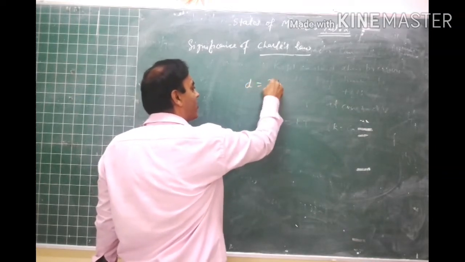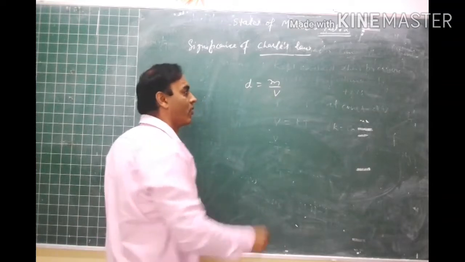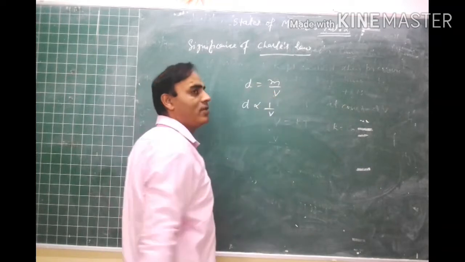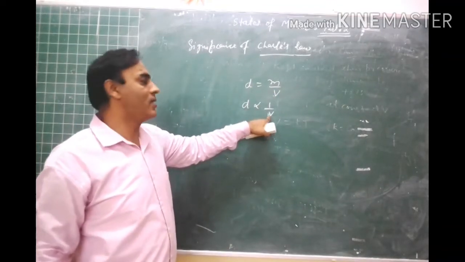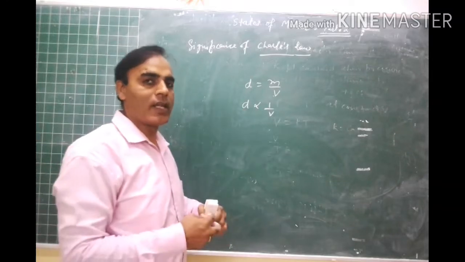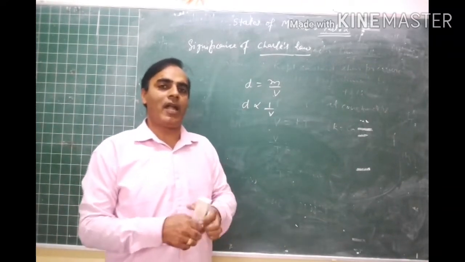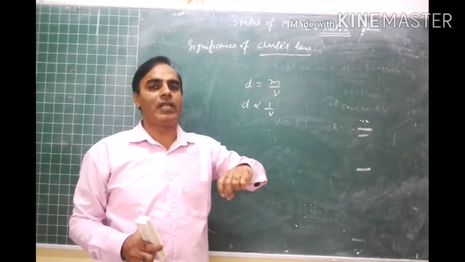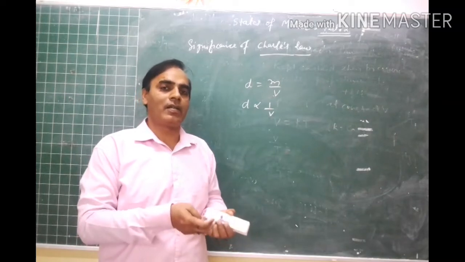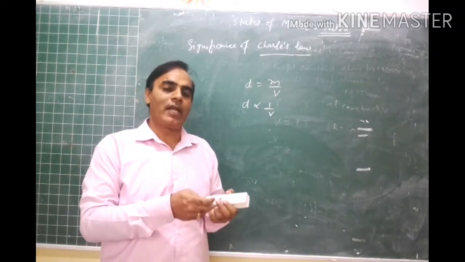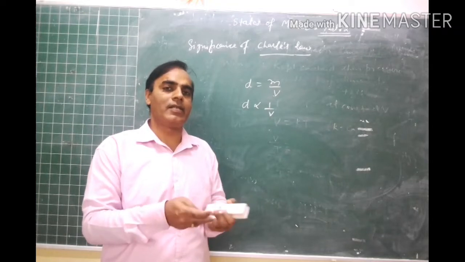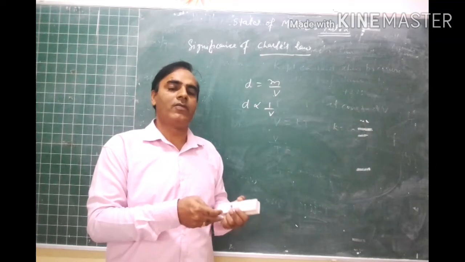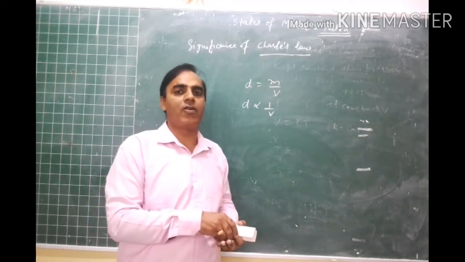And we know that density is equal to m upon v, or we can say that density is inversely proportional to volume. So if the volume increases, then density decreases. So when air is heated, its density decreases and the hot air rises up. This principle is used in filling hot air in balloons, and as hot air becomes lighter, it rises up because its density decreases. So this is used in filling hot air in balloons for meteorological procedures and operations.